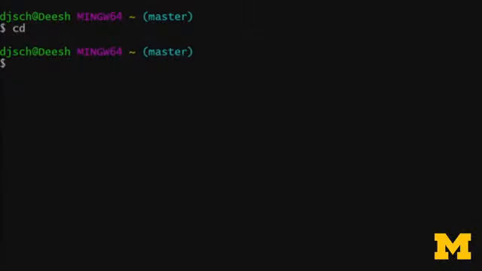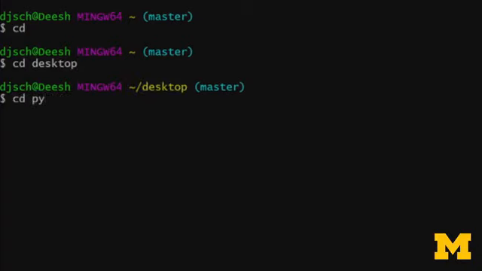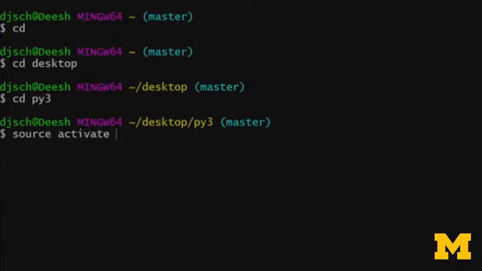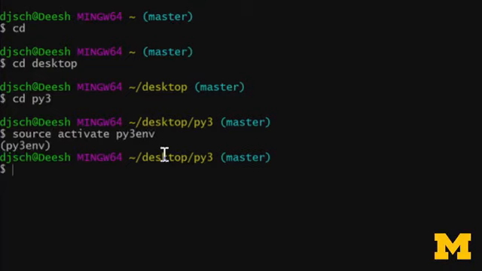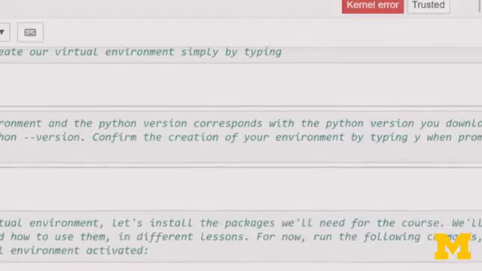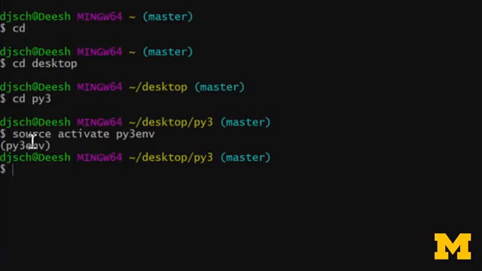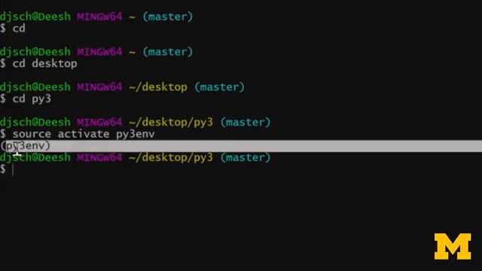We'll go to our main directory, go to our desktop, go to our py3 folder. And now, since we already created the environment using the command line interface from the Windows computer, we'll go ahead and see if that's working with git bash. So we'll try source activate py3env. And wonderful, we're in our Python 3 virtual environment. You can tell that you are in your Python 3 environment if the name of your environment is in parentheses